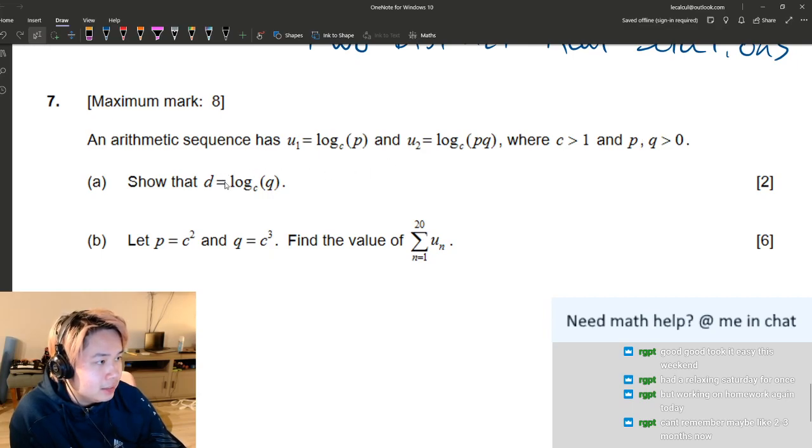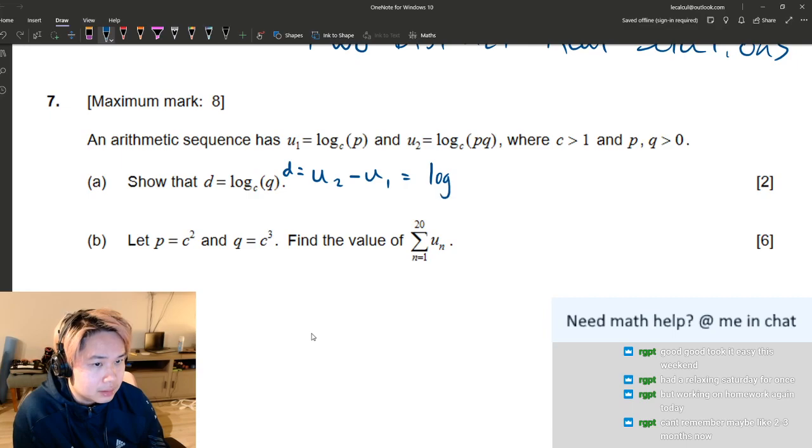So show that the difference is this. So there's lots of ways to do this. But traditionally, if we had two consecutive terms in an arithmetic sequence, if we just subtract them, we should get the difference. So using our actual values of U2 and U1,